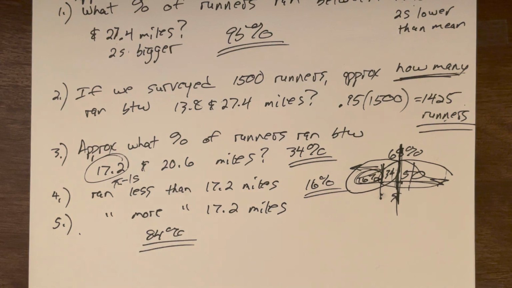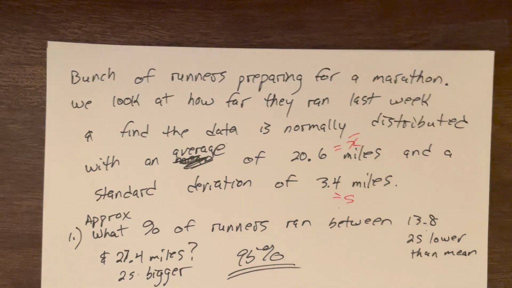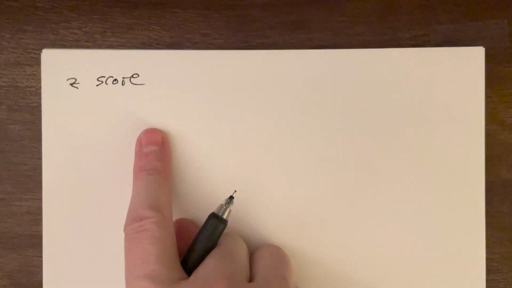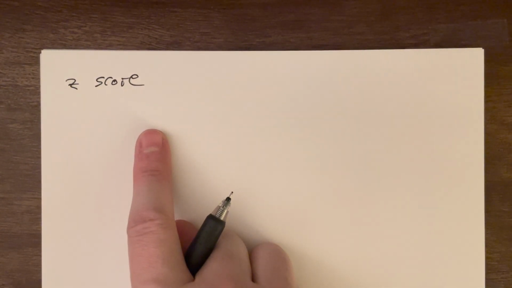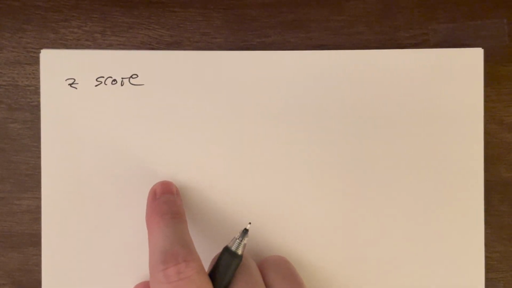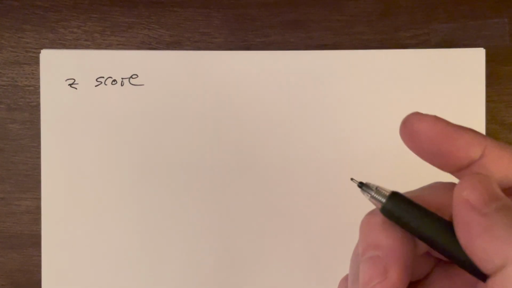Okay, so that is quite a bit on both empirical and Chebyshev, but we're still not finished, everybody, because we still have 2 more pieces left. The next component is that of a z-score. Like I said at the beginning, we're still looking at a data set, but now we're starting to look at an individual data value. How do you compare? A simple little situation.